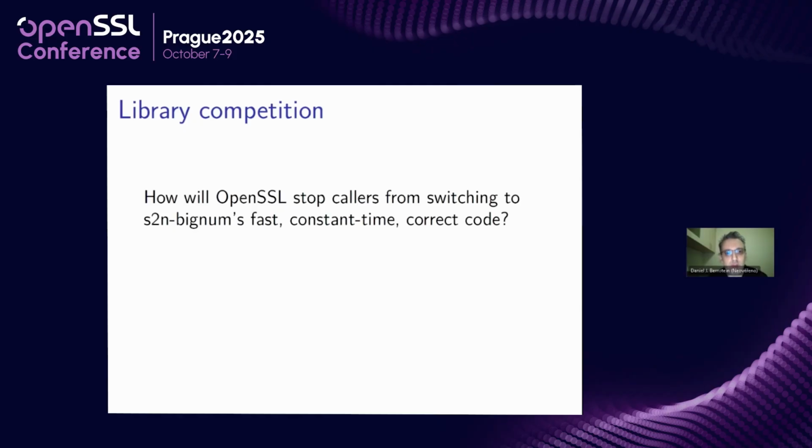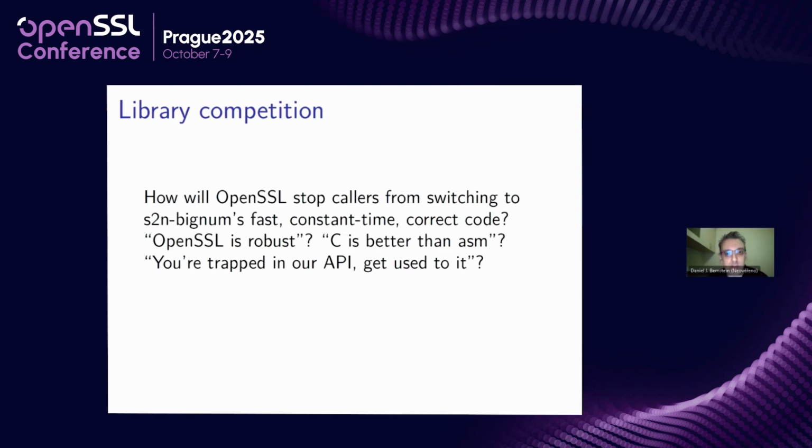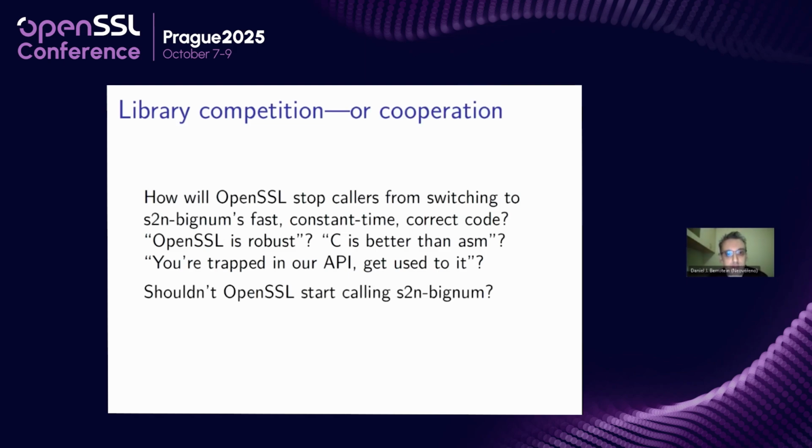Obviously, speed arguments don't work. Could try saying OpenSSL is robust again, but somehow after the 100th CVE, that doesn't work very well as an argument. Could try saying our programming language is better than your programming language. Oh, wait a minute. OpenSSL also uses assembly? All right, never mind. You could try OpenSSL Stockholm Syndrome, or